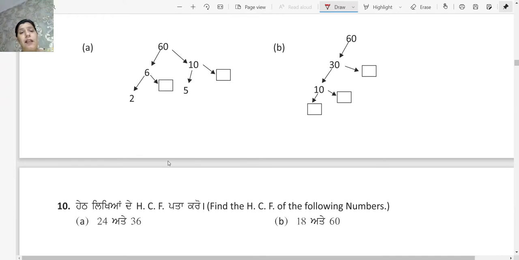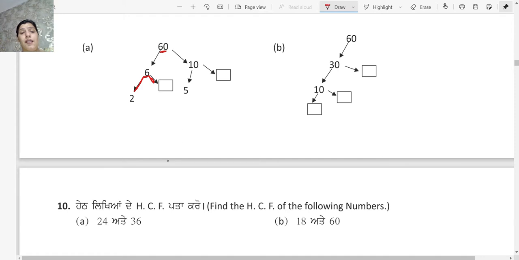Factor tree में बेटा पहले बार आपके पास first part में number दिया हुआ है 60. 60 has been broken into two parts, two branches, that is 6 into 10. तो जब आप इन दोनों branches को multiply करोगे 6 tens are you get 60. Then 6 is again, हमेशा branches उस number की निकलती हैं जो composite होता है. अगर आपके पास end में prime number आ जाता है तो उसकी branches नहीं extend होती. Now 6 is a composite number, तो इसकी दो branches निकली, तो 1 ब्रांच पे आ गया 2 which is a prime number, तो आगे इसकी ब्रांचेस एक्सटेंड नहीं होंगी.